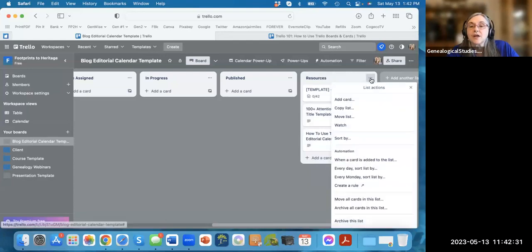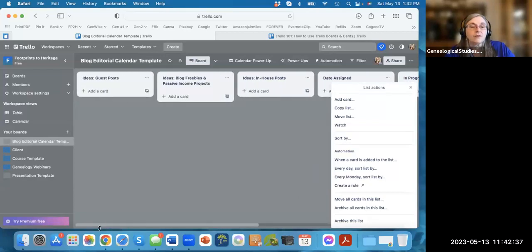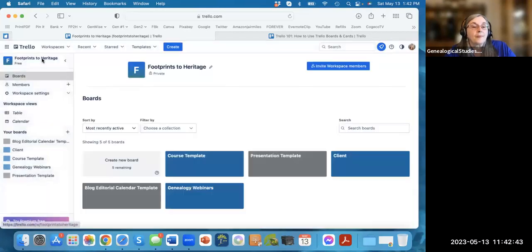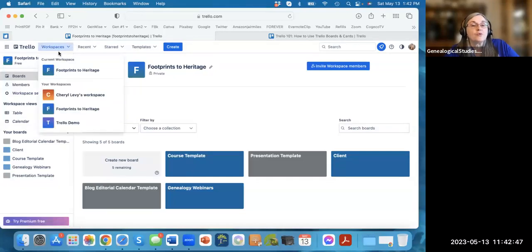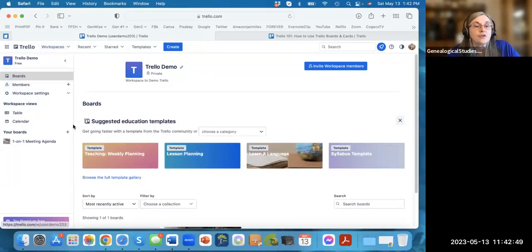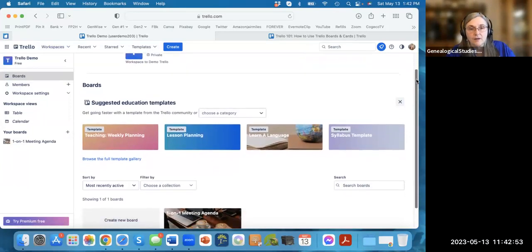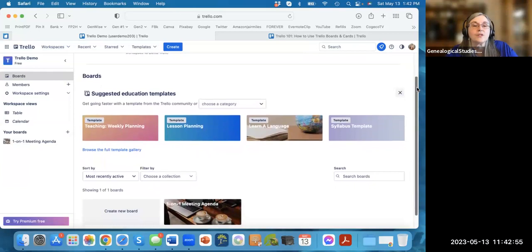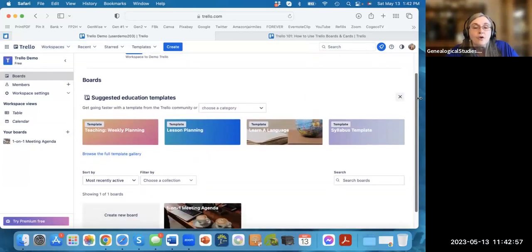But you can customize all of these. You can change the title. You can change the checklist. You can make it whatever you want. So at the workspace is where you change to your different boards, and each workspace can have 10 boards. So Trello will